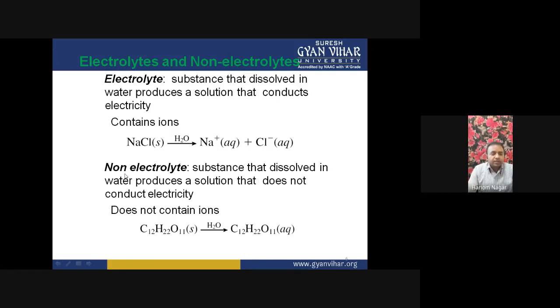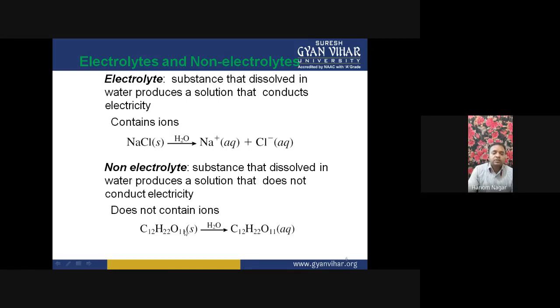Now, the second thing is non-electrolyte. The substance that dissolved in water produces a solution that does not conduct electricity. So if we dissolve a substance in the solvent and it does not conduct electricity, then it is called a non-electrolytic substance, one that does not contain ions. If you talk about glucose, C12H22O11, meaning oxygen 11,